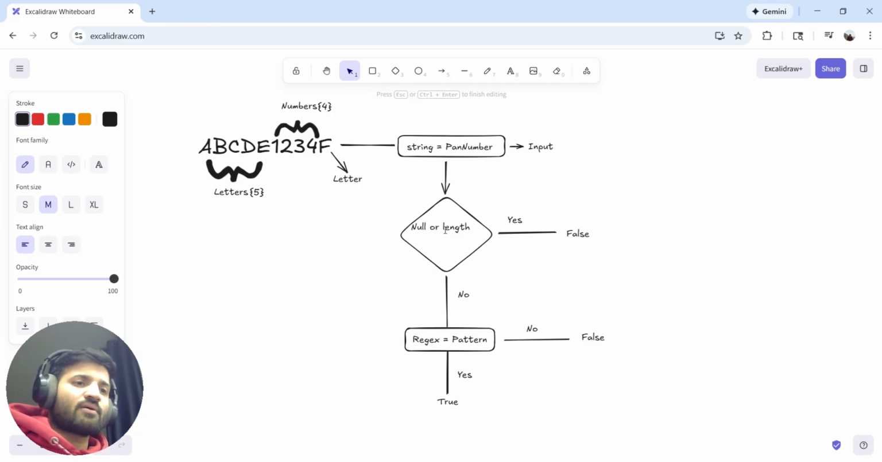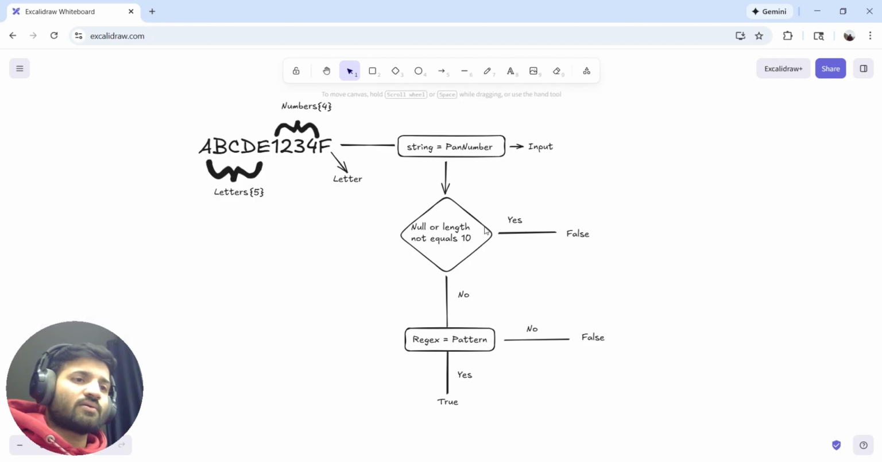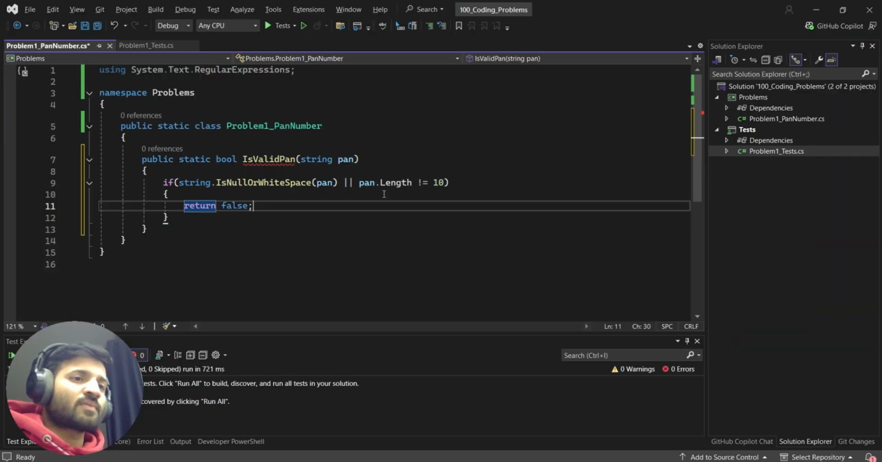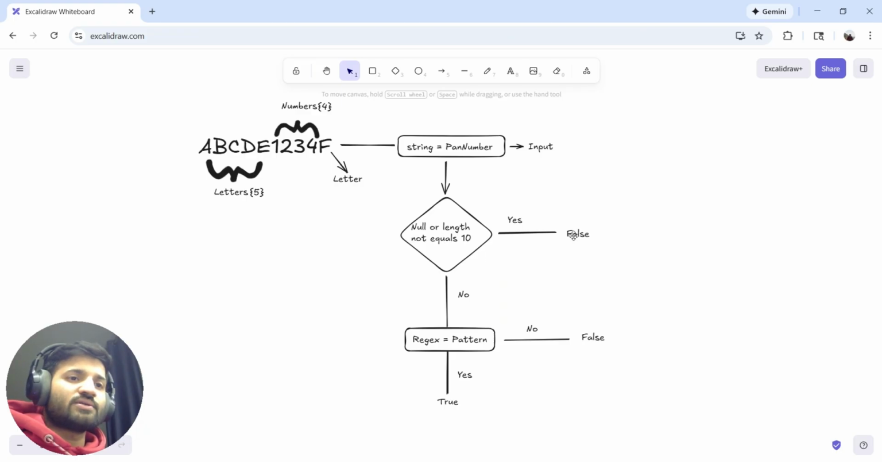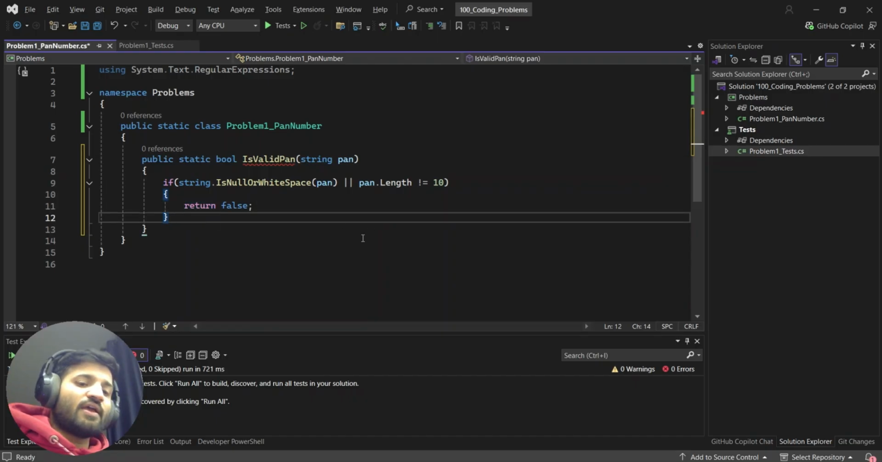Or length not equals 10. Okay, just a little correction. So in that case we're returning false. If not,